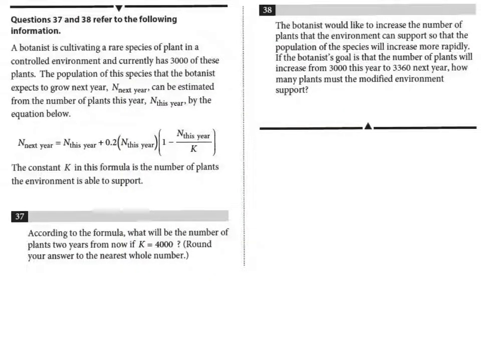Okay, look how far we have come. We are in the last two problems of the math section of the SAT. Alright, so